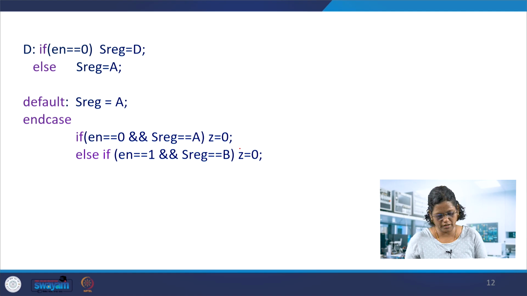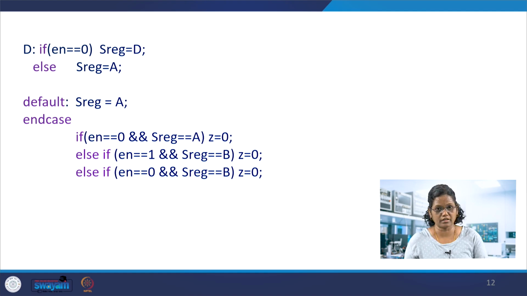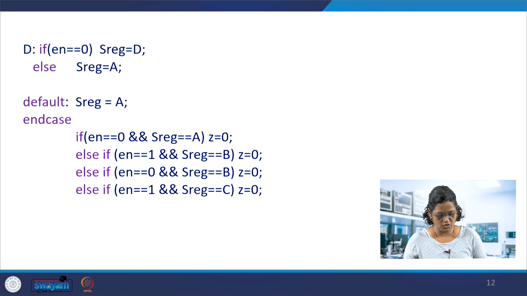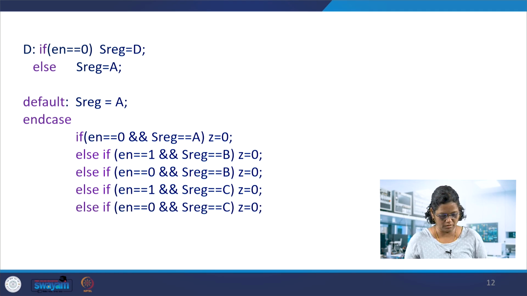So the current state and the enable input are checked, enable 0 and SREG. After assigning the current state SREG, you can see SREG is getting updated first in the always block, because it is sequential. Once the case SREG is met, it goes to the particular current state and checks this current state updation. After updating this, it comes to the if else block of the output logic, and then checks for the enable as well as the SREG, and else if.